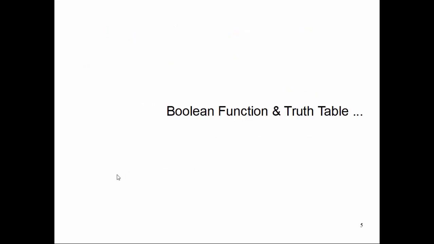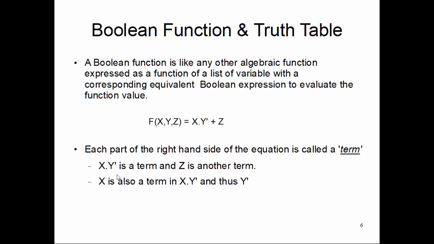Now, Boolean functions and truth table. Let's talk a little bit about that. A Boolean function is like any other algebraic function, expressed as a function of a list of variables with a corresponding equivalent Boolean expression to evaluate the function value. For example, f of x, y, z means my Boolean function has three Boolean variables, x,